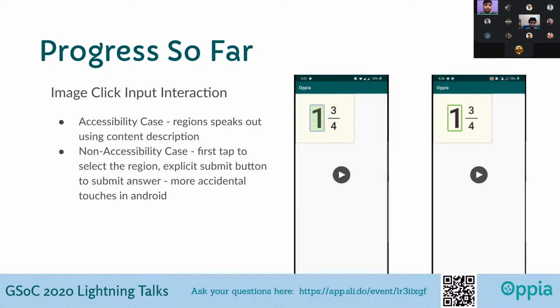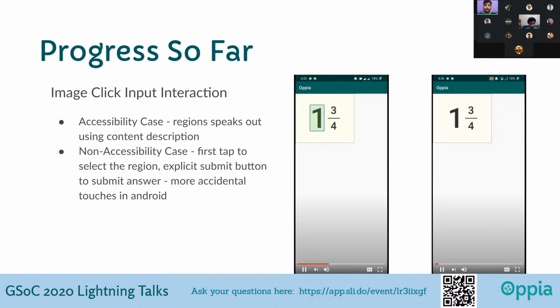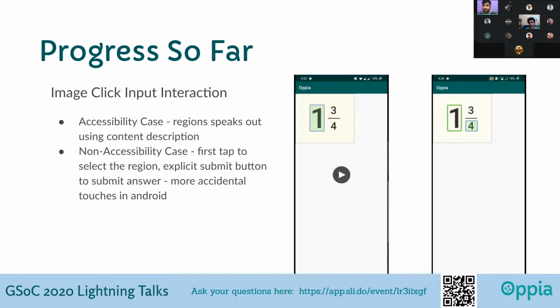Yeah, so the next slide is the image click input interaction. Again, this is really difficult if you want to make it accessible for all the users. Can you give me any ideas how I should make it accessible? Although the answer is no, not really. Jim, would you like to tell me something for making this interaction accessible? Because this is something you cannot make accessible in most cases. Or would anyone else like to tell me? How about we talk about this later? I need to think about this.